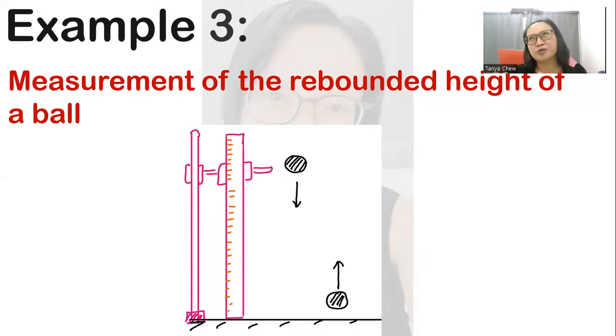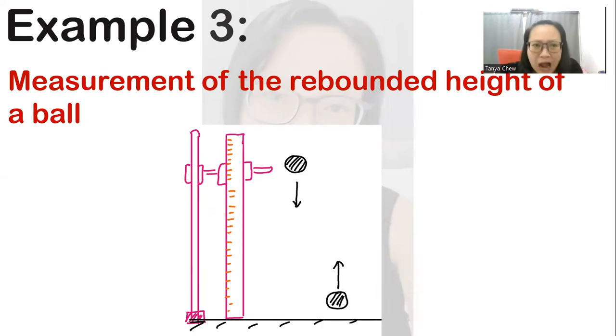So normally we use a meter rule to measure something that is stationary. So if I want to measure this eraser, I just put it on the meter rule and I get my measurement. And if I want to measure the length of this pen, I just put it on top of my meter rule and I do my measurement. So the pen and the eraser are